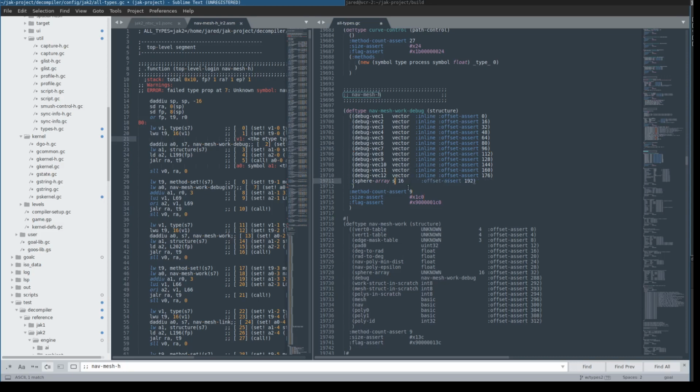Because it's called sphere array, I'm going to guess it's full of spheres. Then the other thing we have to decide is, is it 16 references to spheres, or is it 16 actual spheres stored inside the type? And based on this size, I think they're going to be spheres stored inside the type. But pretending I didn't know that, let's say I guess wrong,